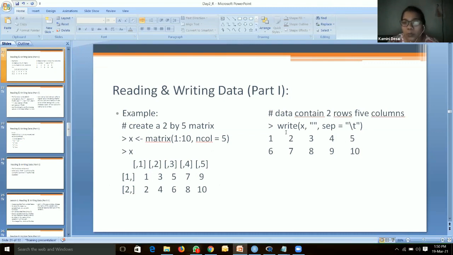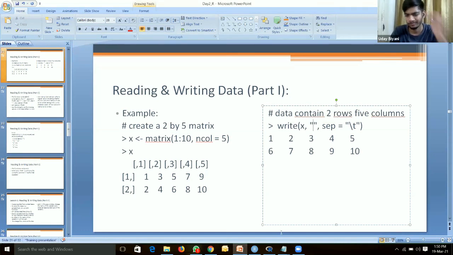So write this, give this command: write x, and just give the file name, any name, because you want to save the data in your directory. You can give any file name over here. Are you able to see the screen? Yes, ma'am. Okay.